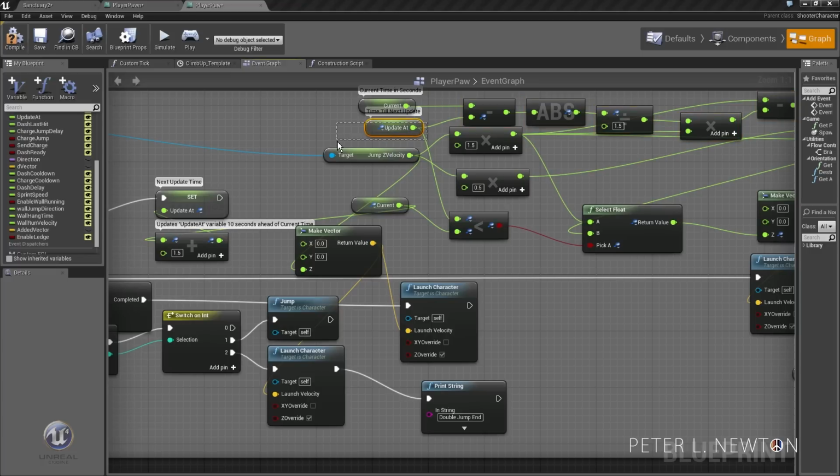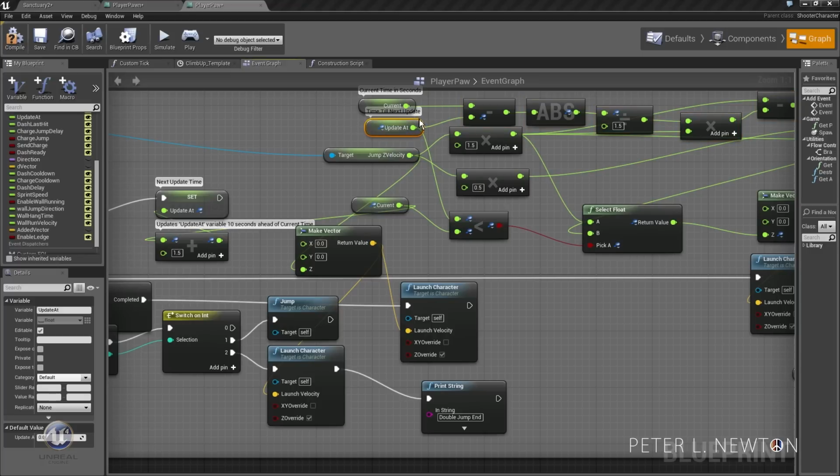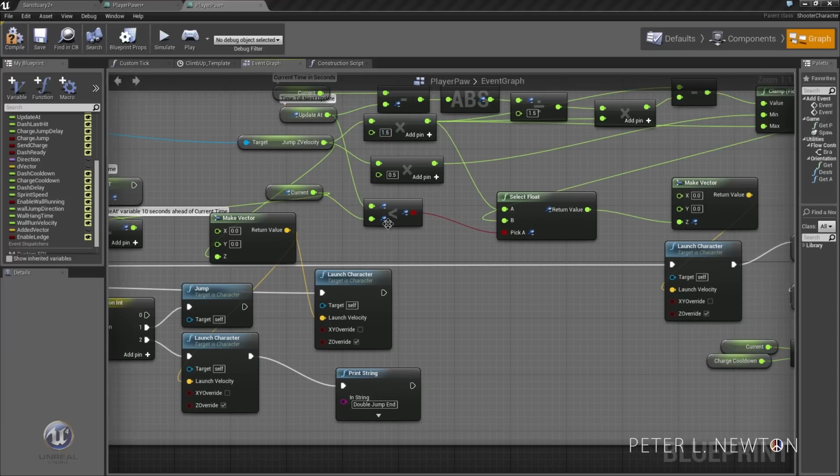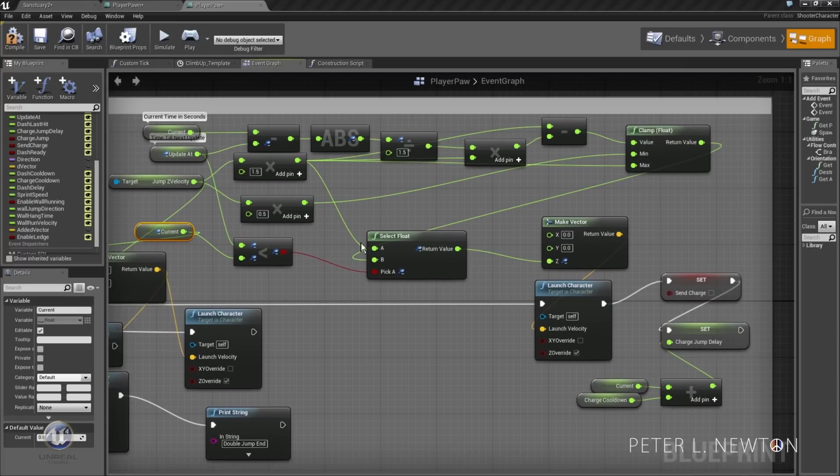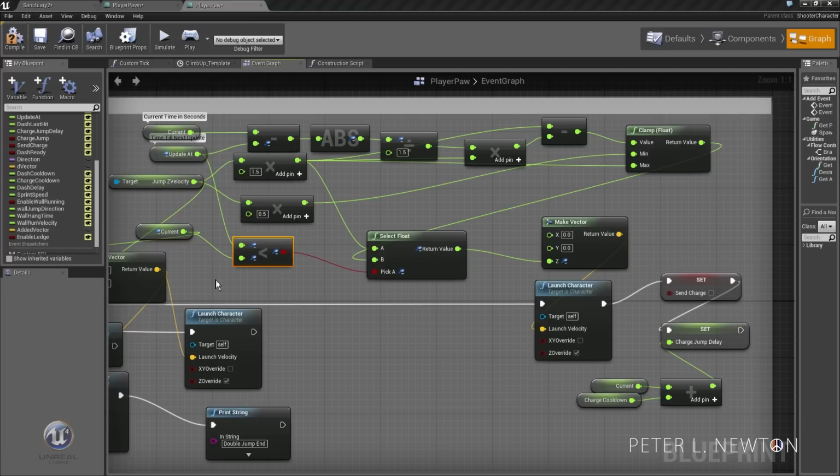See when it should have updated at. Basically, when has it passed? When has it passed 1.5 seconds? Is that less than the current time? If it's less than the current time,